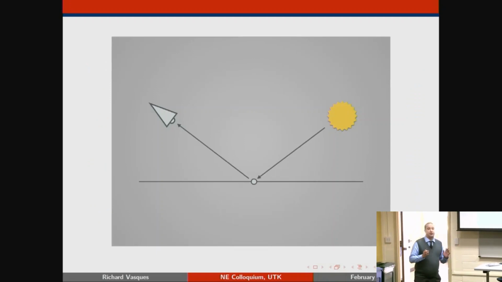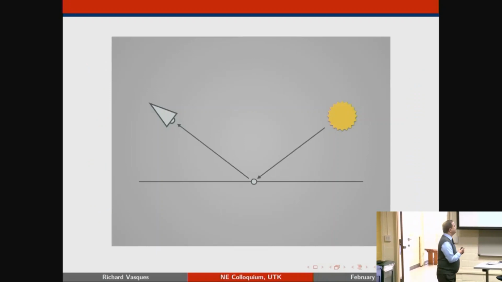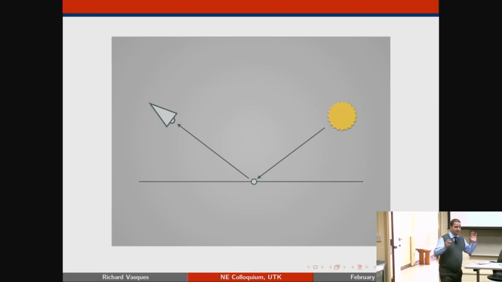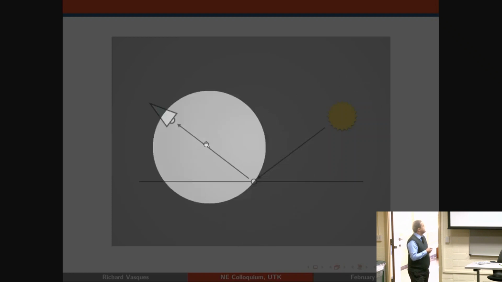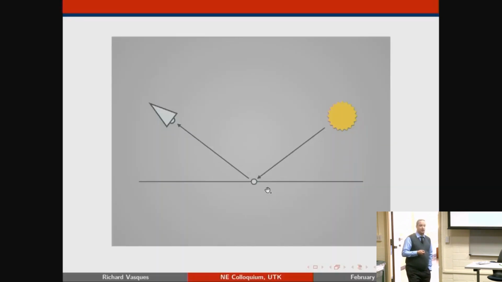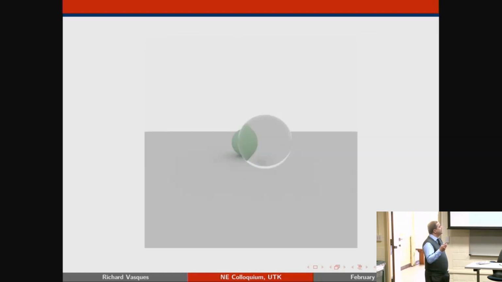So just to give you some background on CGI and what's happening, you set a scene, right? You have your surface, you have your material, you have your scene ready, and you place your camera, or the eye of the viewer, somewhere in the scene in your software, and you have some light source, might be more than one. And basically what you're following is the path between the light source, which gets some energy deposited in the surface, and your eye, which is going to see that one particle. That's pretty easy to do.